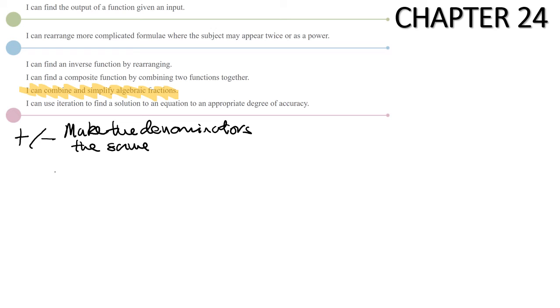Let's say I had (3x minus 1) over 2 plus (4x plus 7) over 5. I need to make the denominators the same, so I would multiply the top and the bottom of this fraction by 5 and the top and the bottom of this fraction by 2, so I get 10 at the bottom of both. So I would get (15x minus 5) over 10